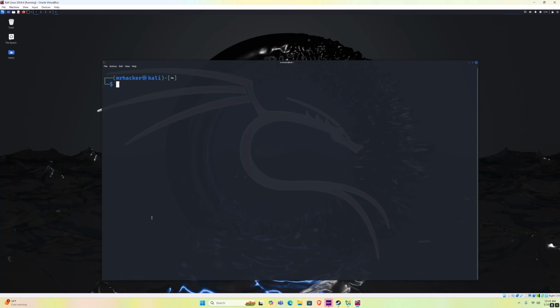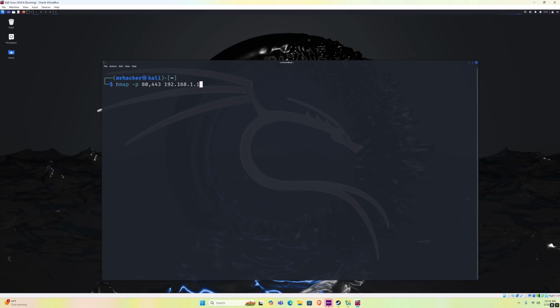So to specify which ports you want to scan, you can type nmap -p, and for example, 80 is the port that we want to scan, and then 443. So we separate the ports by comma, and let's say that I want to scan my router, which in my case is 192.168.1.1. In your case, it might be a different IP address once again, but in my case, it's this one,